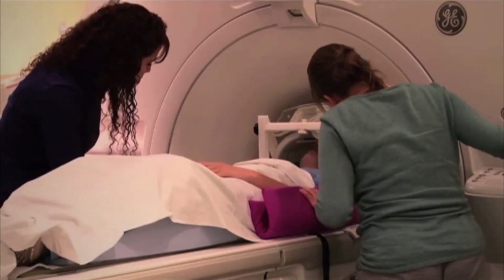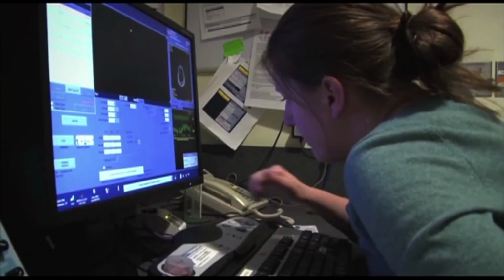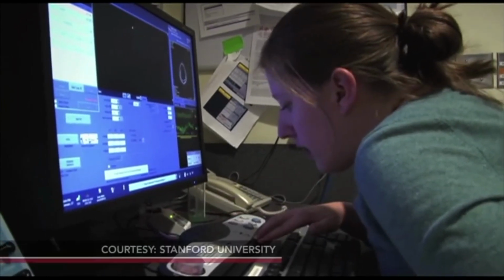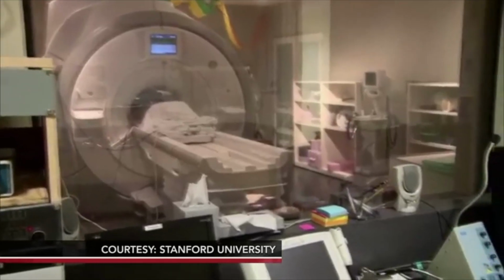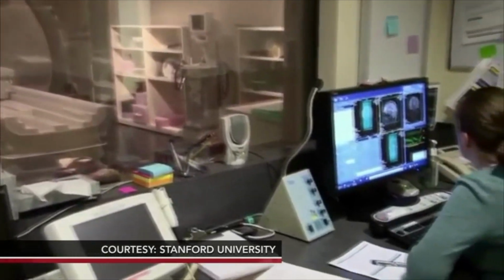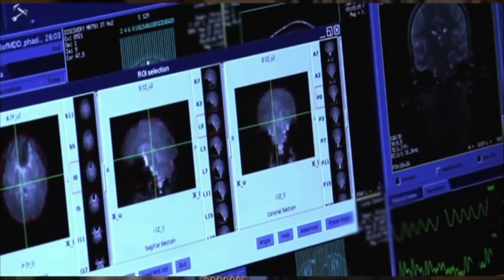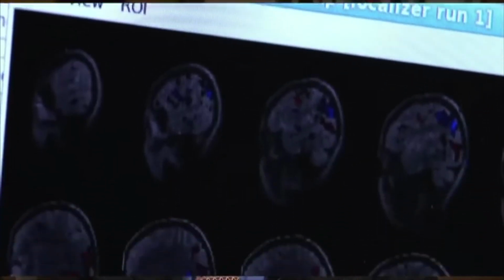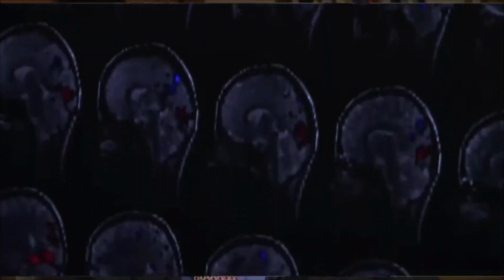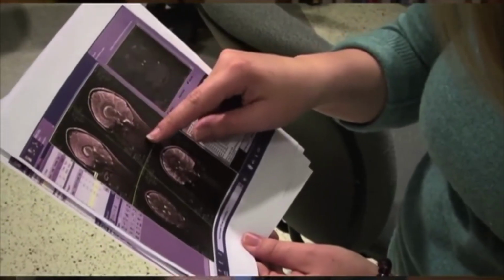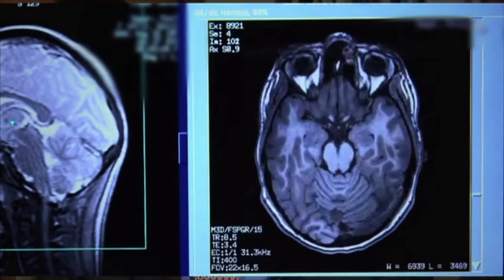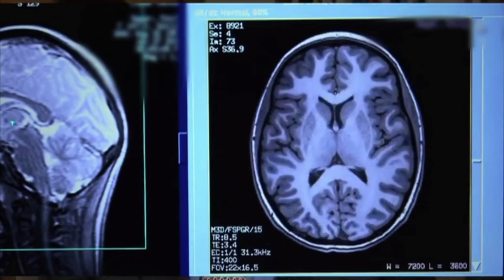Cookie Monster's proverbial problems have been made quite graphic in recent years by imaging studies of what Mischel calls the brain's hot and cold systems. The hot system is the limbic system in the brain, and it is reflexive, immediate, emotional. So in order to slow that hot system, you have to activate the cool system, the prefrontal cortex.